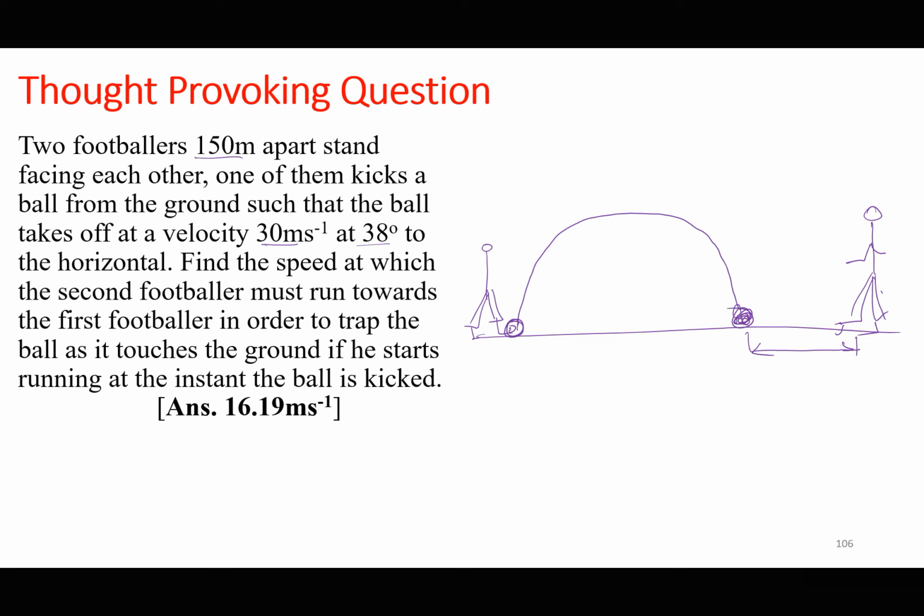So the ball is going to be kicked at a certain angle, which is 38 degrees with an initial speed of 30 meters per second. And the second footballer, this is the first, this is the second footballer, must run so that the ball does not touch the ground when he's not yet there. So the question is,